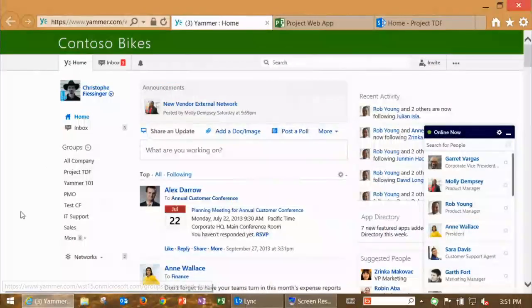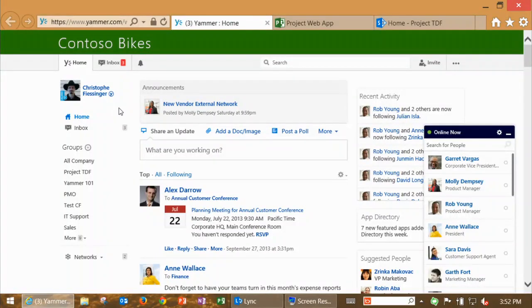On the left-hand side, we get this notion of what we call groups. A group could be many things in the Yammer world. It could be a structured group for a specific project, program, or portfolio. It could also be a community of practice. Let's have a community of practice around PPM, or around PMP certified individuals. Let's have a community around whoever is our biggest competitor, so we all constantly learn what's happening in the outside world. Or a group could be a physical team.